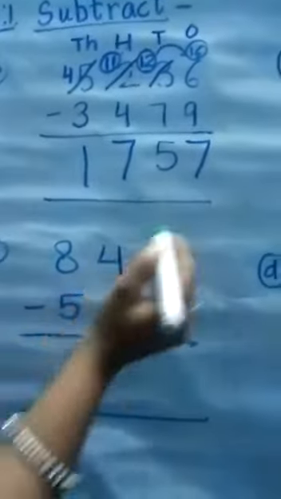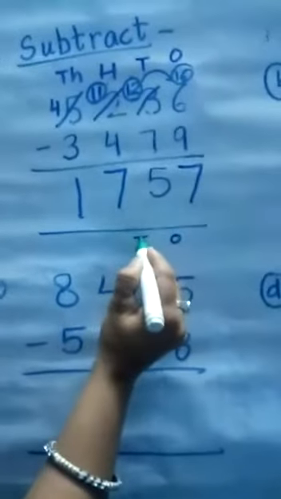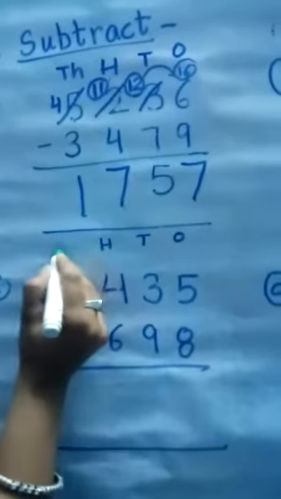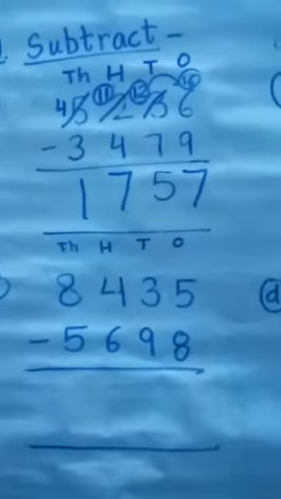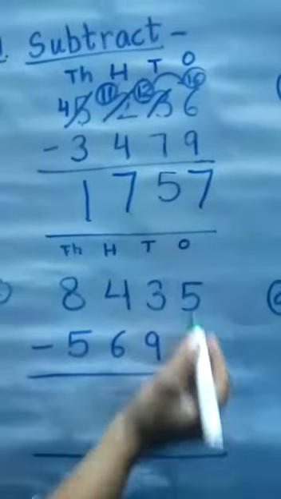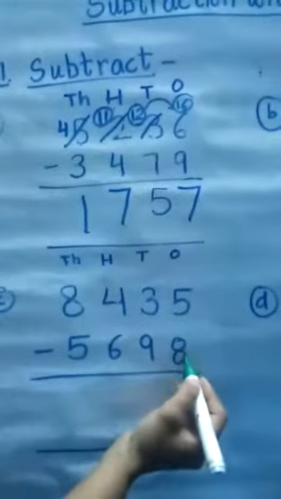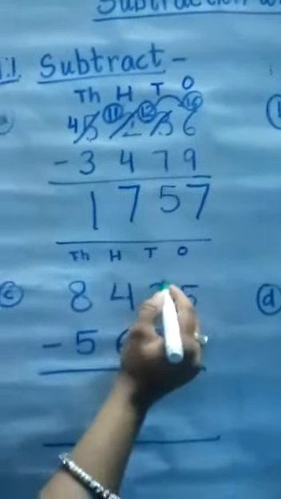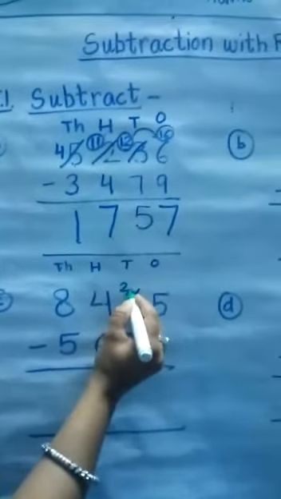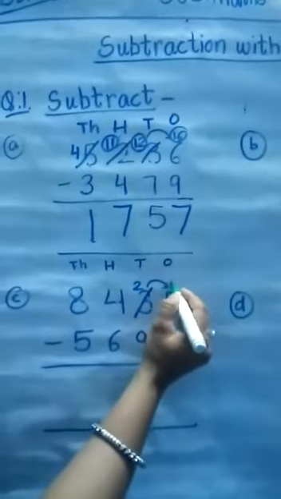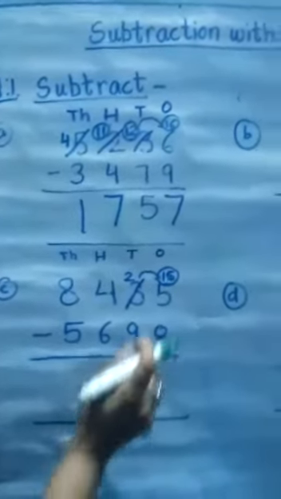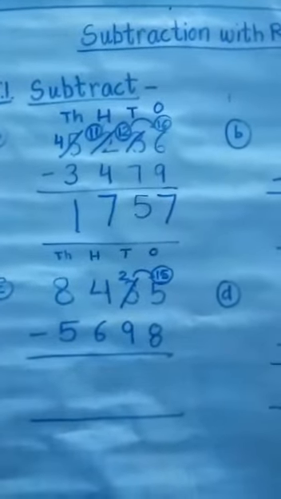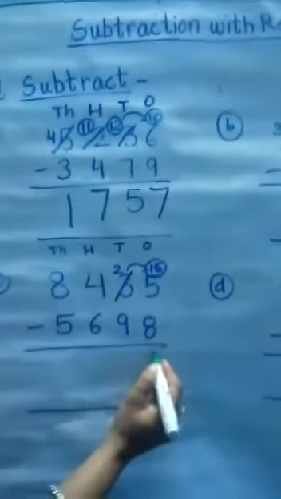Yes. Again I am going to write down ones, tens, hundreds and thousands. Now are you able to see? First come to the ones place. 5 minus 8, it is very difficult. So again we have to take from here. 2 is here and we have to borrow from tens. 1, 5, 15. So look everyone, 15 minus 8 is possible. So the answer is 7.